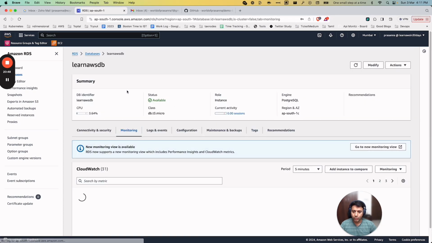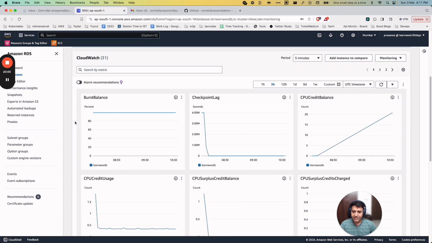Okay, now if we go to monitoring, you can see a few parameters. Burstable balance is there because we use the T-type machine. If you remember from that lecture, burstable is nothing but accumulating credits for not using the instance. The burst balance will gradually increase, and in case of a sudden unexpected load or spike in traffic, this burstable balance will be used, and then it can increase the CPU and other resources for that